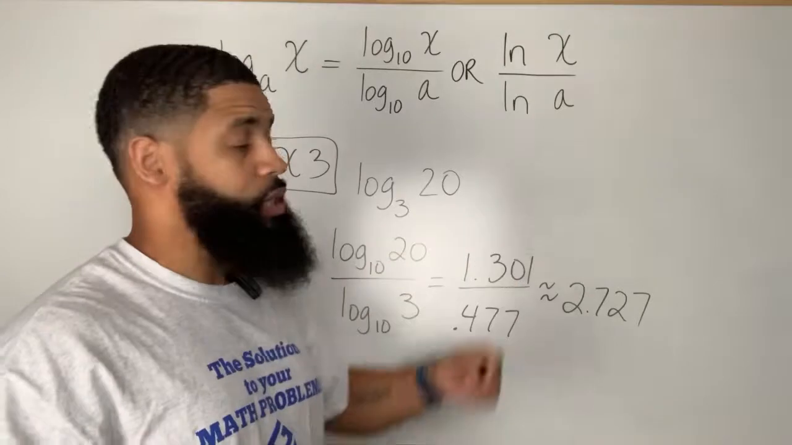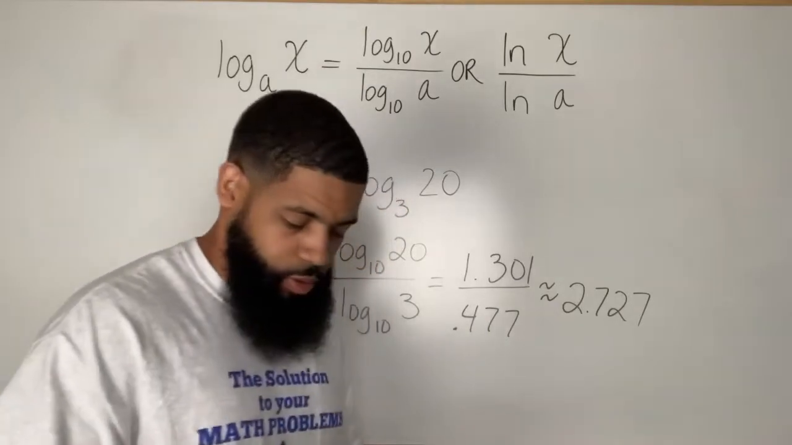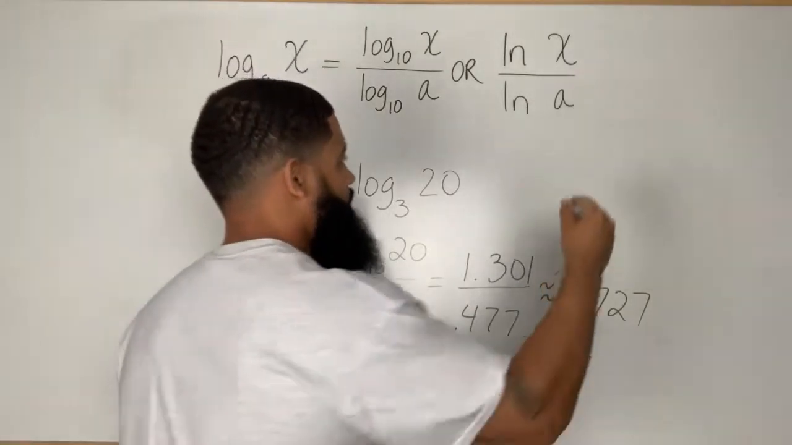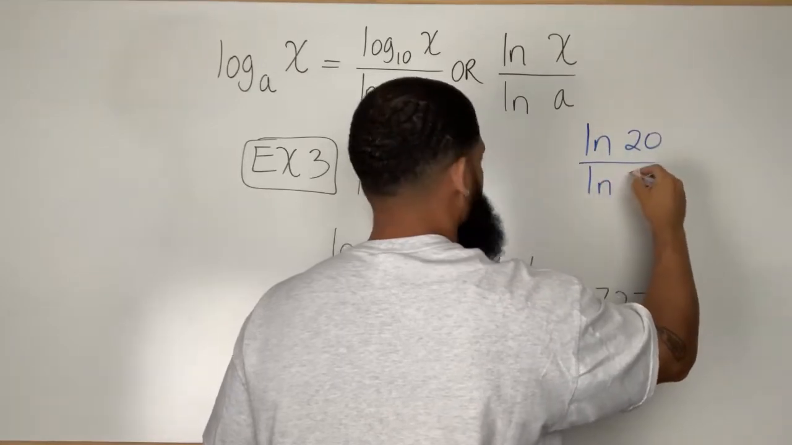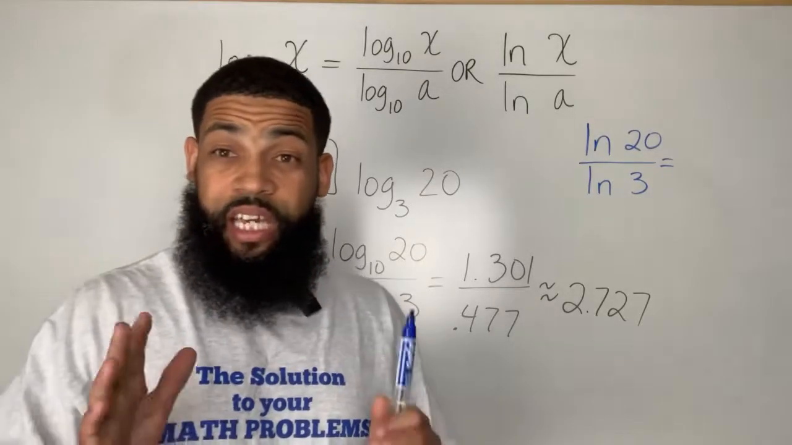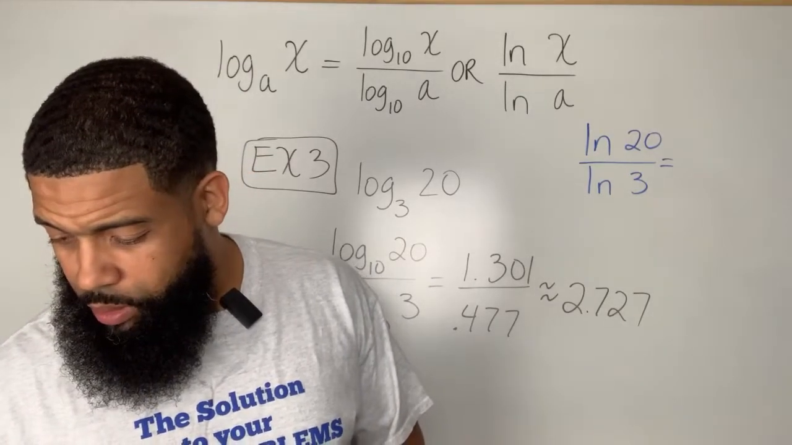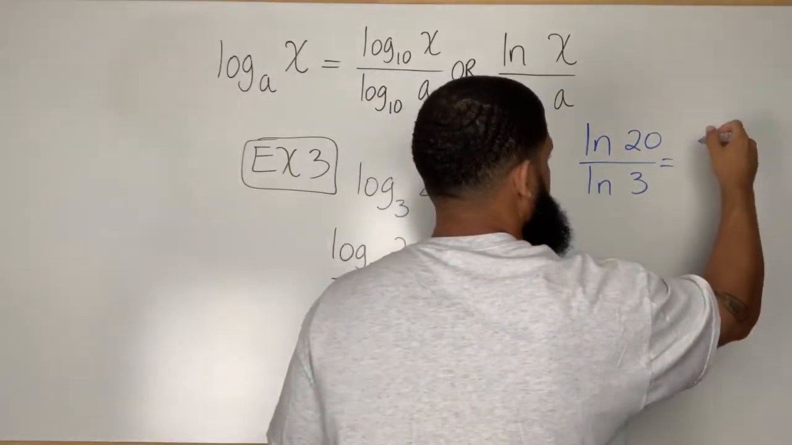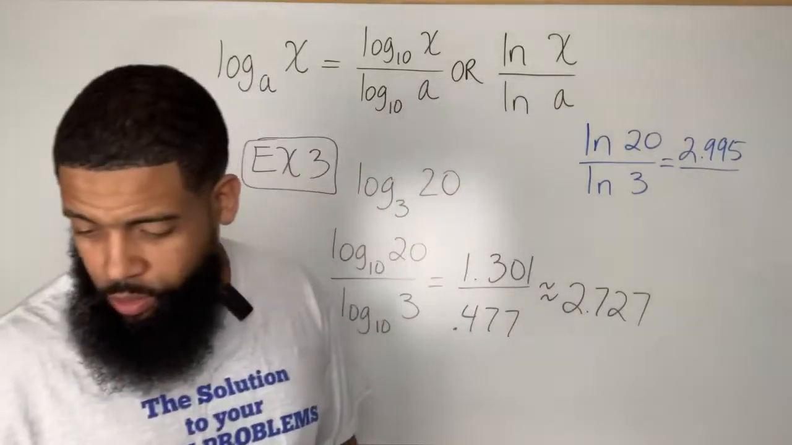I want to show you using the natural log, and I'm going to be typing into my calculator. Let's do blue. So if I take the natural log of 20 divided by the natural log of 3, then let's see what we get. And natural log is ln. The button says ln in your calculator. The natural log of 20 is 2.995. And the natural log of 3, or tree,